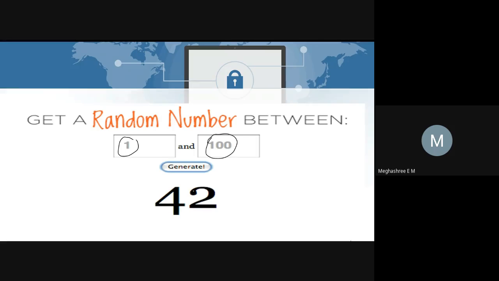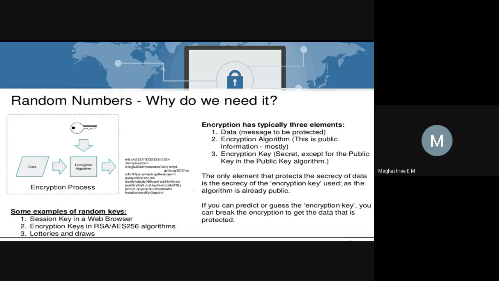To simulate different trials for different seconds, I mean, to simulate for the number of seconds, you generated a random number of packets, right? There you have used the random number function in a Java program, isn't it? Since you know the basics of it, we'll move to the actual concept, like in cryptography, why